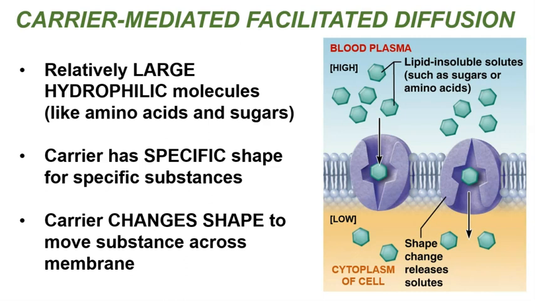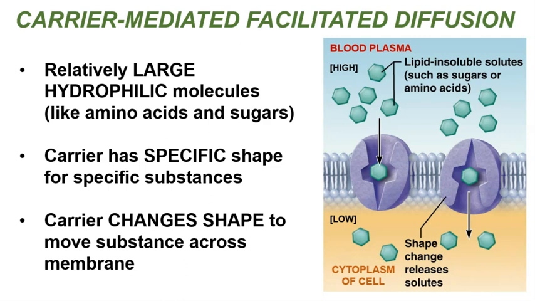Another type of facilitated diffusion is called carrier-mediated facilitated diffusion. This type of transport is used for relatively large hydrophilic substances, such as amino acids or sugars. Even some carbohydrates can move by carrier-mediated facilitated diffusion. The protein carriers involved have a very specific shape for the specific substances that they transport across the membrane. The carrier works by binding the substance and changing shape in order to release that substance on the other